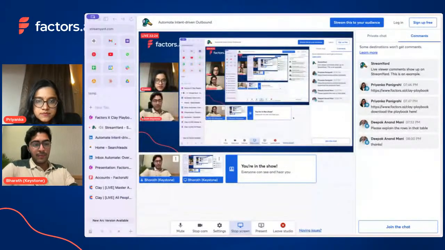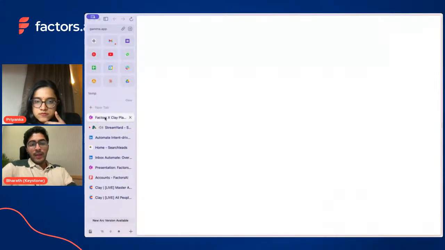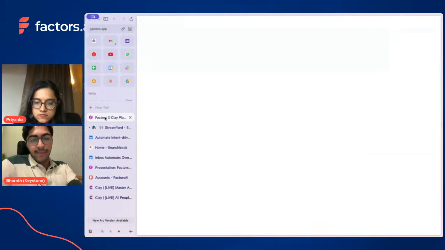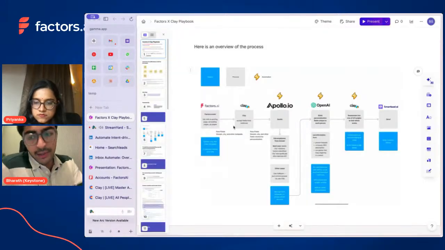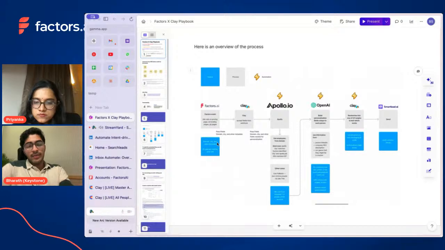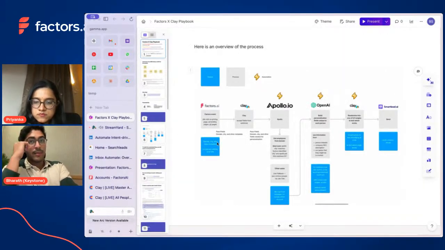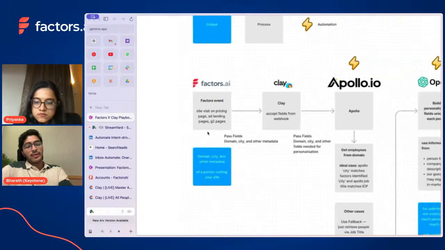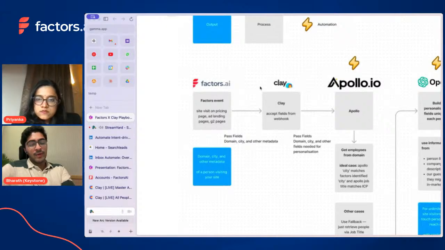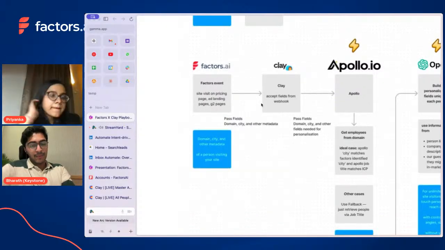One second, it's coming up. So here you can see, this is a very simplistic diagram just to represent the different parts. But the key thing here is that Clay is great, but when we combine it with those buying signals, and when the starting point is defined by you, then all the effort is focused on the right accounts. Within Factors, you create all these segments where companies match very specific rules. Now the whole play kicks off.